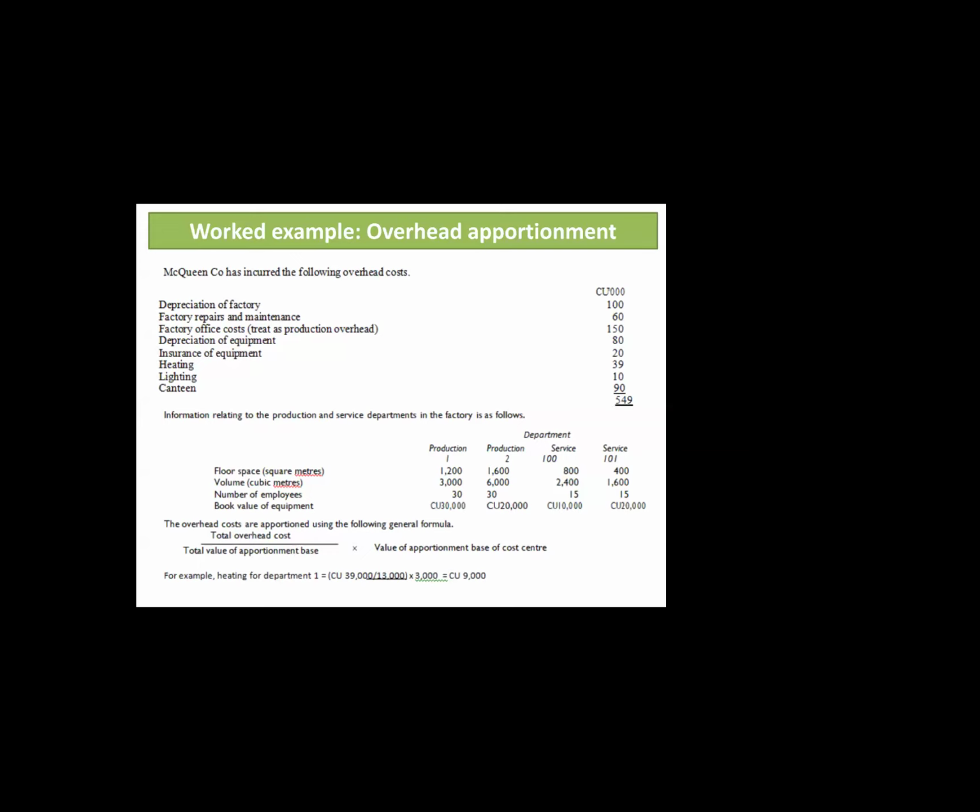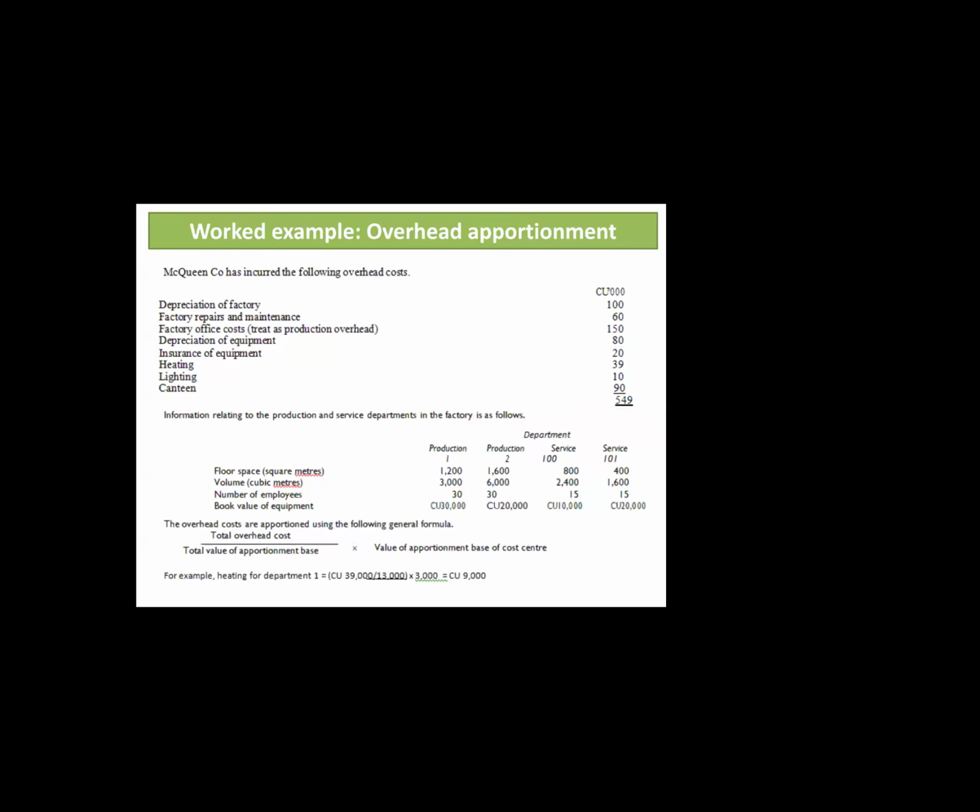Production 2, 40,000. Service 100, 20,000, sir. 20,000. And service 101, 10,000. So factory repairs and factory office cost will be allocated on the basis of